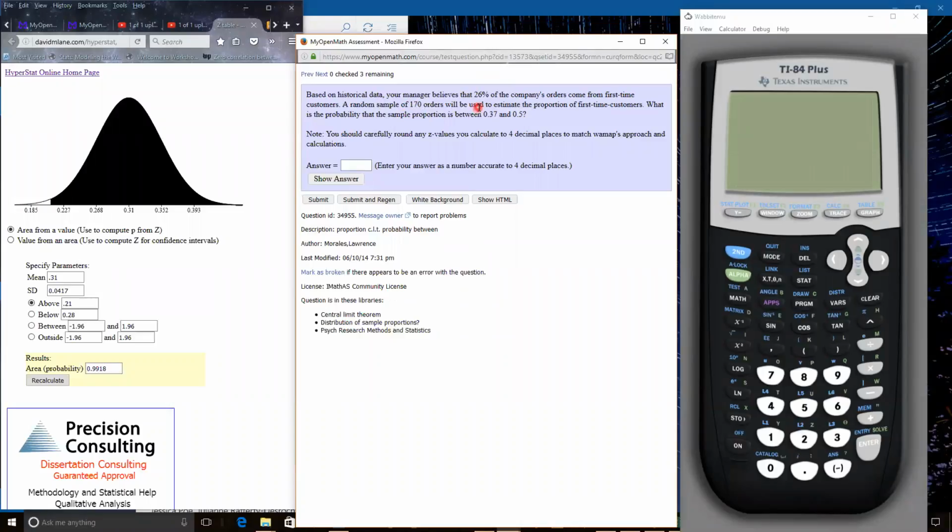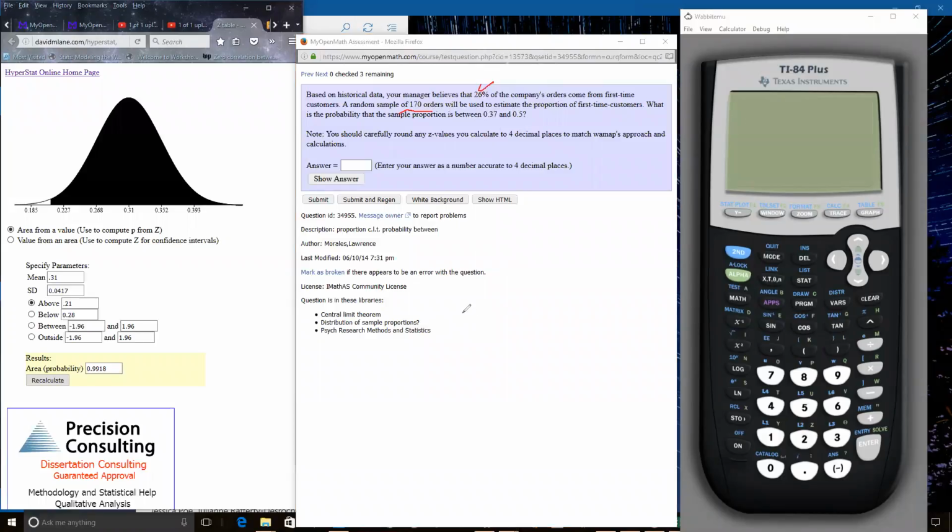So this is a situation where I'm dealing with a sampling distribution for sample proportions. And so some things to check off: is this a binomial experiment since it's proportion? Well, let's see, it's a 26% chance that any customer is a first-time customer, and that's independent from customer to customer, so the probability stays the same. Each trial is independent. I have a fixed number of trials, 170 orders, and it's a yes or no. Either yes, it's a first-time customer, or no, the order comes from